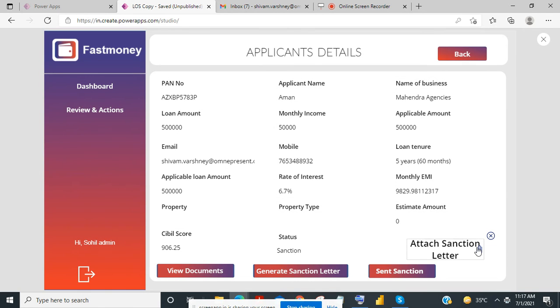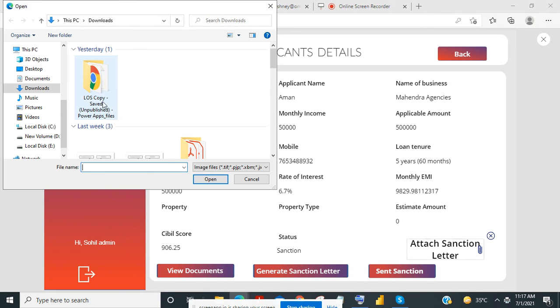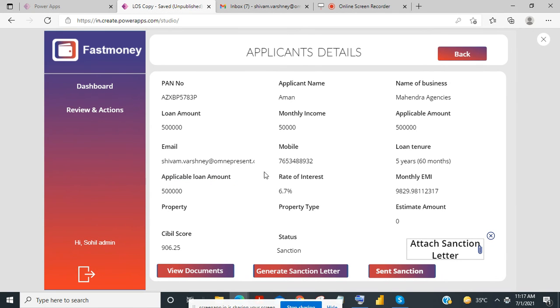Then I will attach the sanction letter from here, and I will select the file named letter which I have saved earlier and click on open, and the file will be uploaded here.